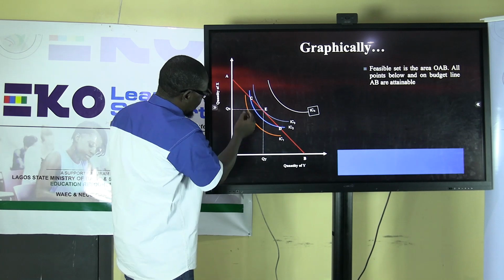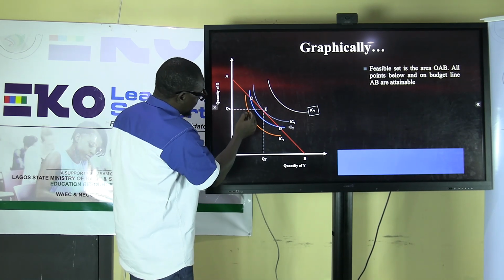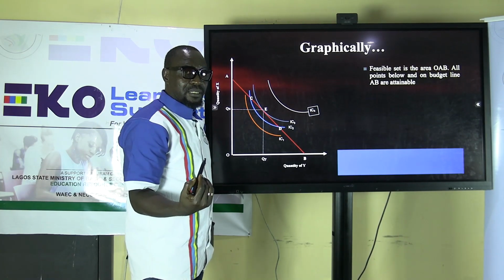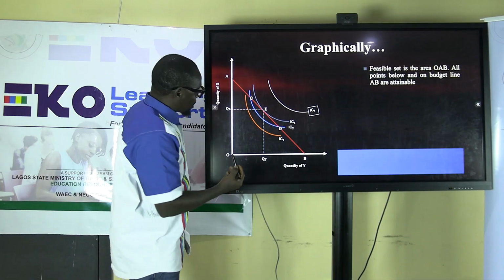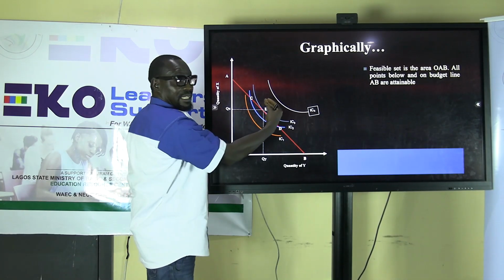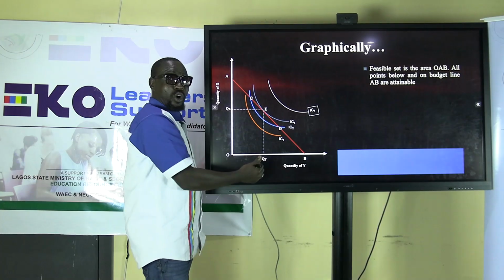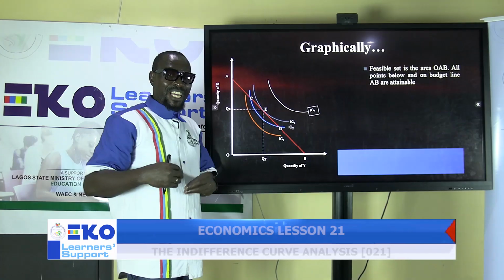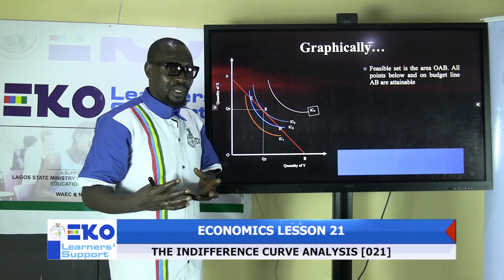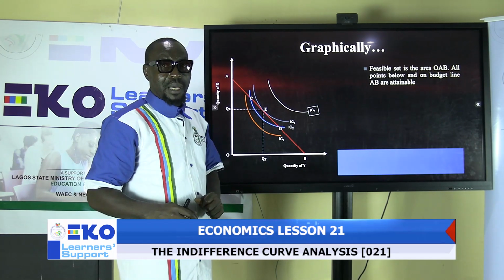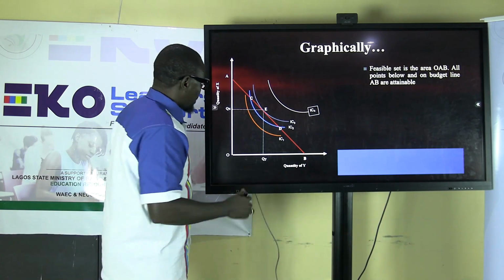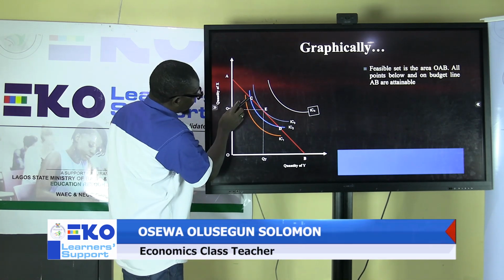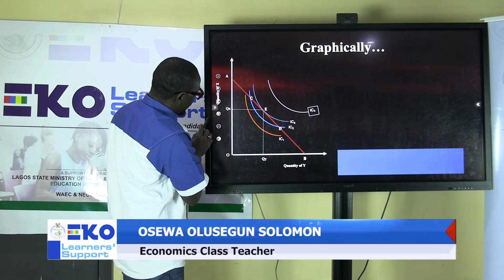So if we take any point on this particular indifference curve, the consumer is not maximizing satisfaction, because his income is higher than this indifference curve, is beyond this indifference curve. And take note that we said that the consumer has to expend the totality of his income on deriving satisfaction or utility. So on the line itself, we have this point here, point C, for example,